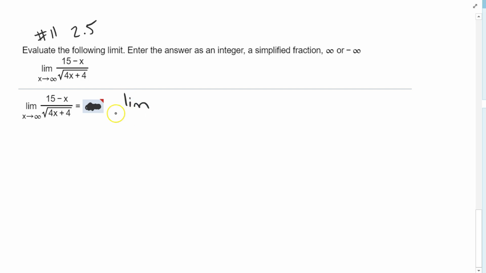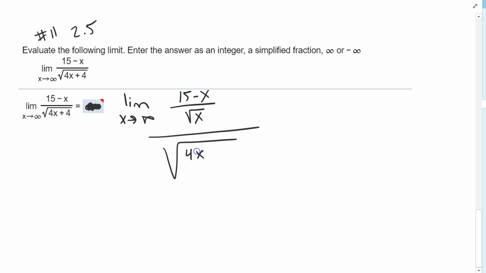In this case, the power of x is the square root of x. So the limit as x goes to infinity, I would have (15 minus x) divided by the square root of x, divided by the square root of 4x plus 4, and since I'm dividing by the square root of x, I'm just going to pull that into what's going there. So the limit as x goes to infinity would be 15 over square root of x minus, here I have x divided by square root of x,